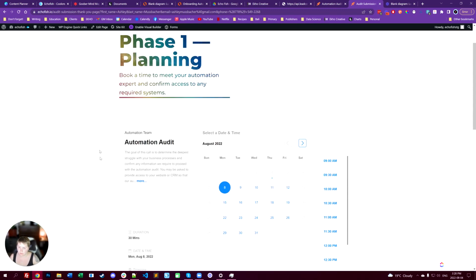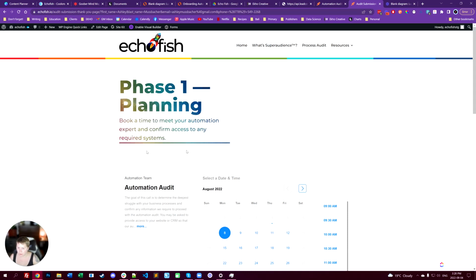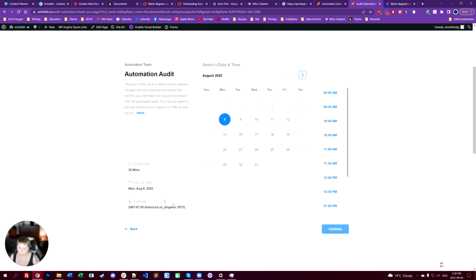So this is the next phase. Basically, they've entered phase 1 essentially, and now we're asking them to book. Like I said, there's quite a bit of friction. So we start with how we want the process to go, and then we figure out the routes from there. Let's say that I'm booking on August 31st at like 9 o'clock,